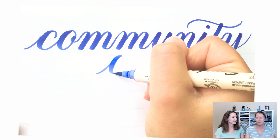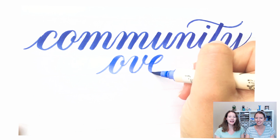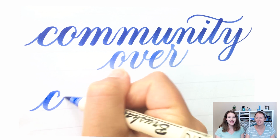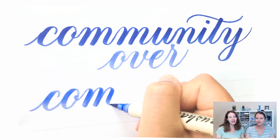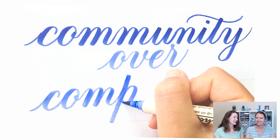But let's move into brush pens. So brush pens are great for practicing because the large tip of a brush pen allows you to clearly see the details of the letter forms and help you practice pressure control. Compared to a pointed pen, there's a lot fewer supplies, it's less messy, easier to clean up, easier to get